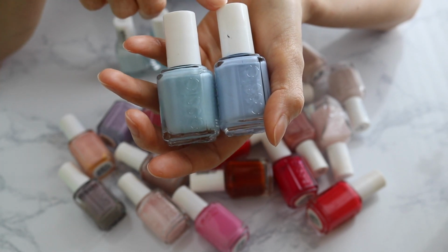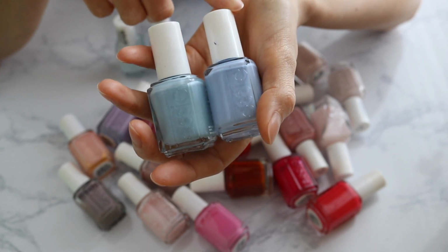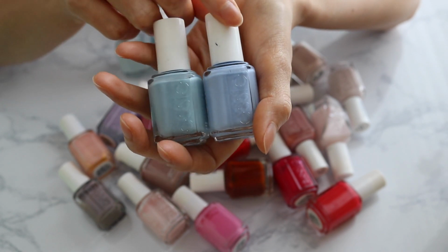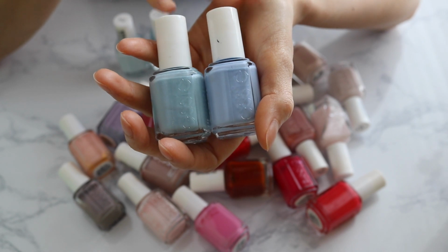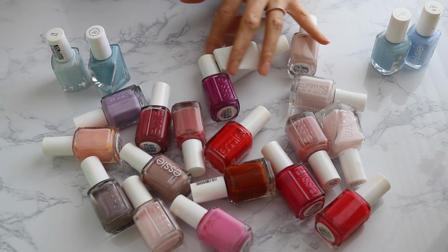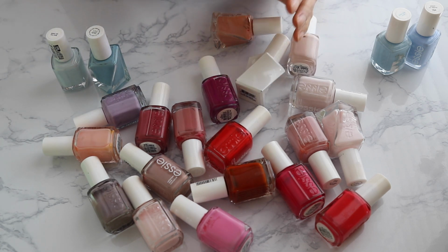And then we've got Bikini So Teeny. This one is also one that's very famous from Essie. It's kind of a more periwinkle blue. Very stunning, both of them, but I cannot remember the last time I used them, so I'm gonna part with these two. For all the remaining colors, there's another color that I don't use that much on my nails,